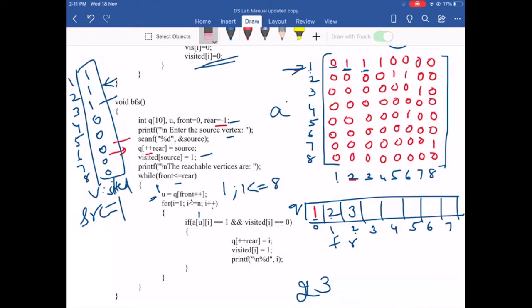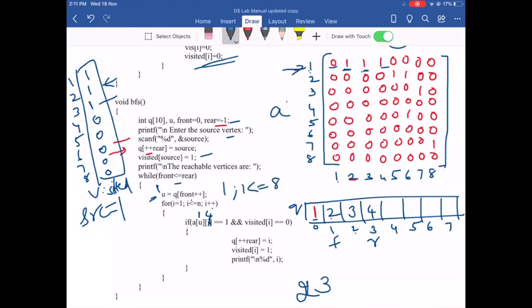When I equal to 4, we will check if 1 comma 4 there is an edge. Since there is an edge, we are just inserting the value into this particular queue by incrementing the value of rear, and we are going to continue this until we can visit all the nodes which are directly or immediately available from that particular position 1.